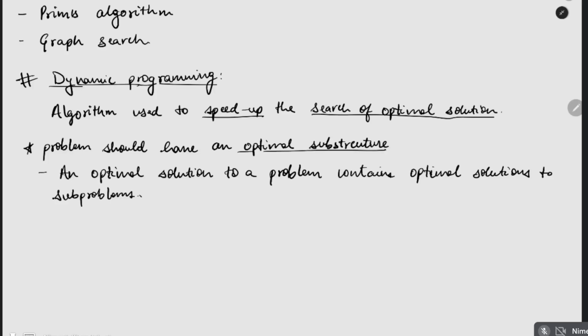It means that we can look at this statement conversely: if a problem can be decomposed such that the optimal solution for the entire problem can be written as the optimal solution of the subproblems, right? Then we can use dynamic programming to speed up the search of the optimal solution for the overall problem. Right? So let's discuss this in the context of